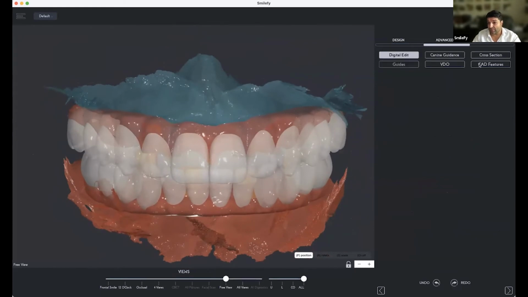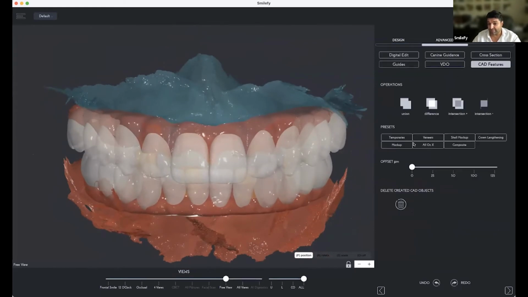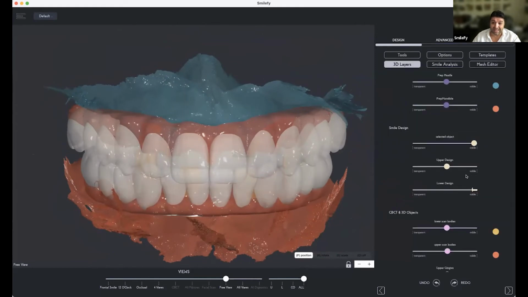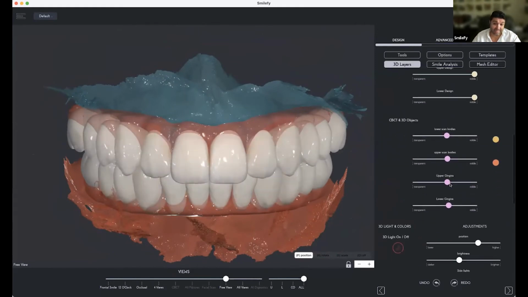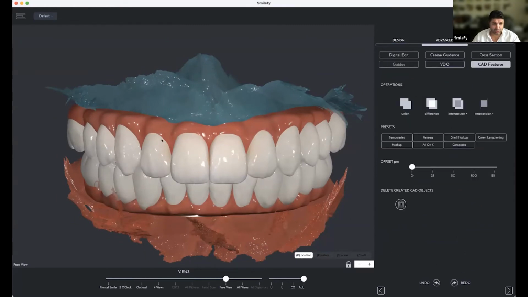You can go again to the CAD features. You can unify. We're going to create an all-on-X workflow, because now when we have the design done, every single tooth is an entity, is a tooth. The gingiva is also a layer. So everything is now many, many layers. What we can do with the all-on-X is unify all the teeth, maxilla with the gingiva, mandibula with the gingiva.